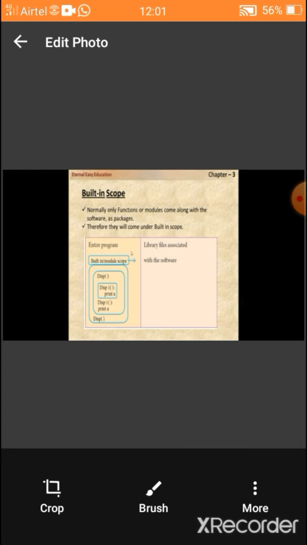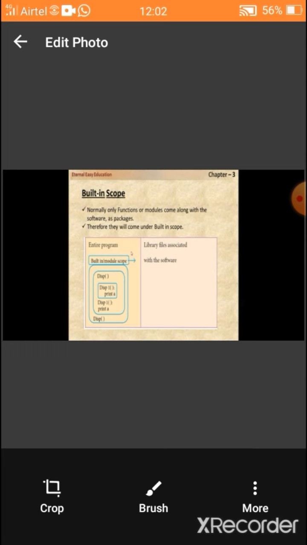Next, the enclosed scope. After the innermost function, there is a box. It is known as enclosed scope. In that scope, there is a declaration of function, that is disp(). After that, under the innermost box, there is disp1() and print a.